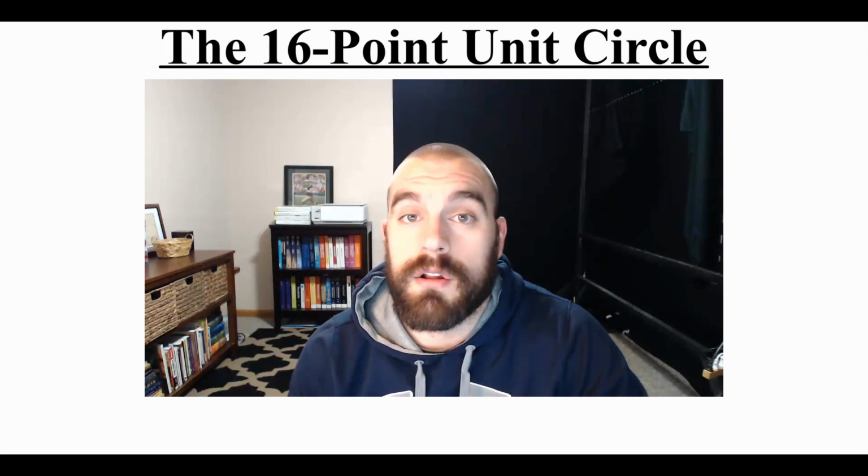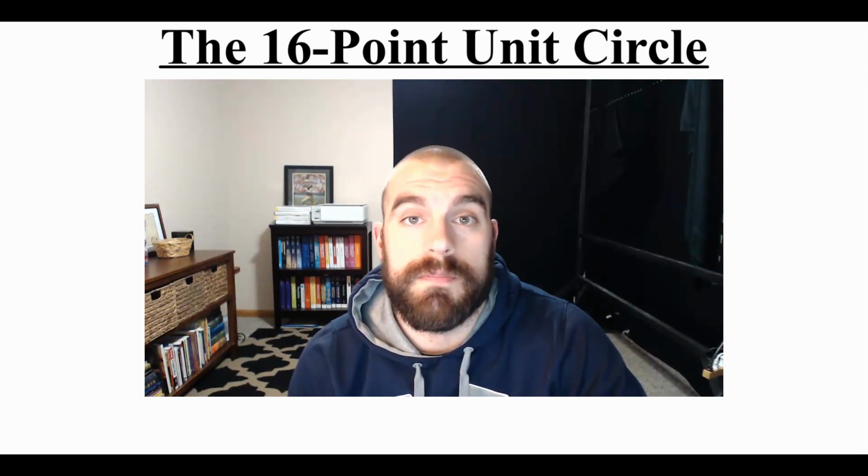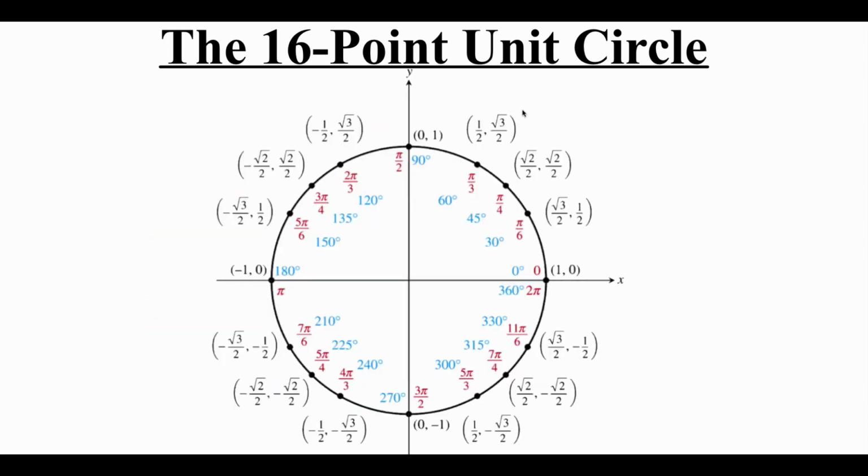In this video, we're going to take a look at the 16-point unit circle. Now, the work that we were doing with our special right triangles, our 30-60-90 triangles and our 45-45-90 triangles, were leading us into what we're going to be doing with the unit circle. Because if we focus on the first quadrant, those angles that we're seeing on the unit circle are those angles from our special right triangle. We've got a 30-degree angle, a 45-degree angle, and a 60-degree angle. So all of these ordered pairs that we're ending up with come from those special right triangle relationships being used